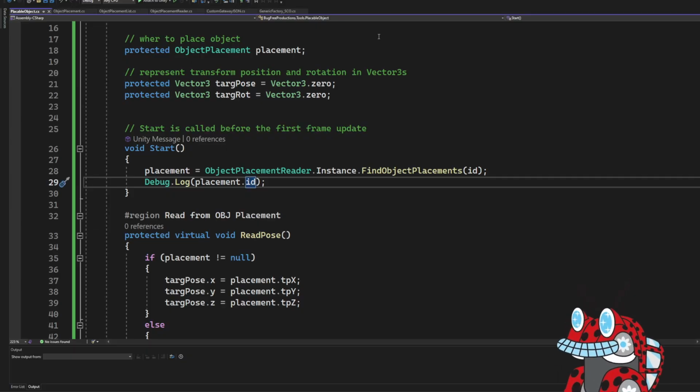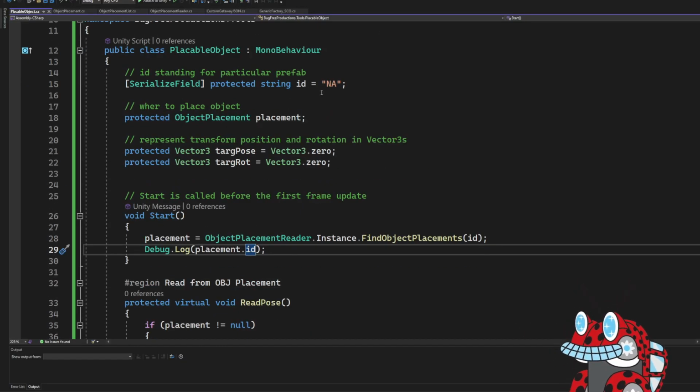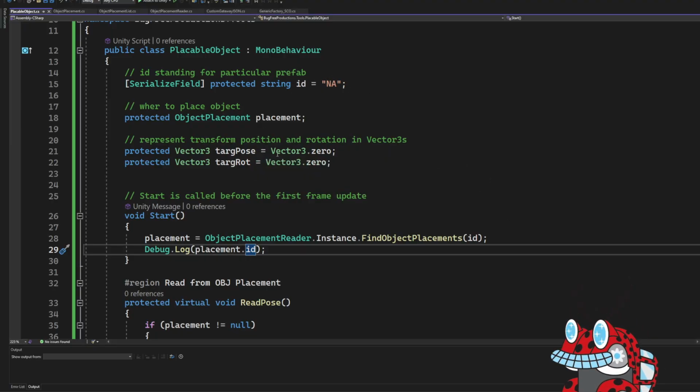Okay. So the idea of this is we put a thing in here that will be in the placement. That placement will pull back to here. It'll translate the vector 3 zeros